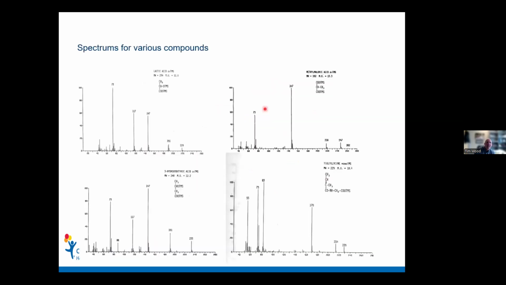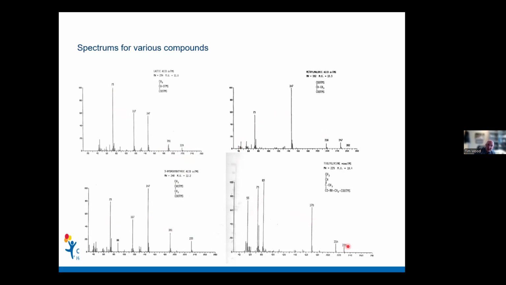So let me show you what some of these look like. These are spectra from various compounds, and these are taken from Dr. Goodman's book. Each of these lines represents an individual fragment, and the number attached to them is the mass over charge ratio, or generally for these, the mass of the individual fragments. So this is the pattern for lactic acid. Down here, you can see, although some of the ions are shared, here's 3-hydroxybutyric acid, here's methylmalonic acid, and here's